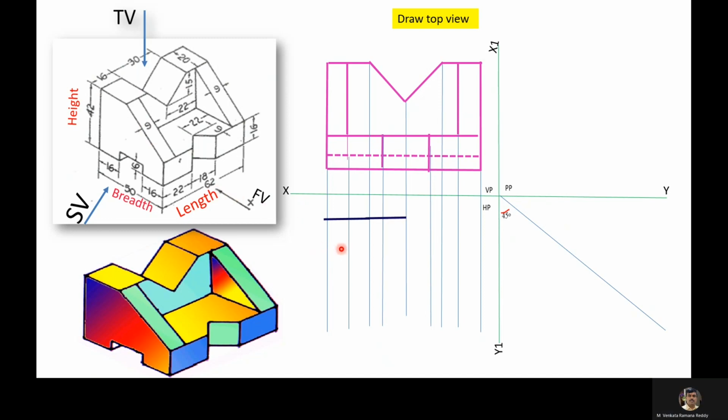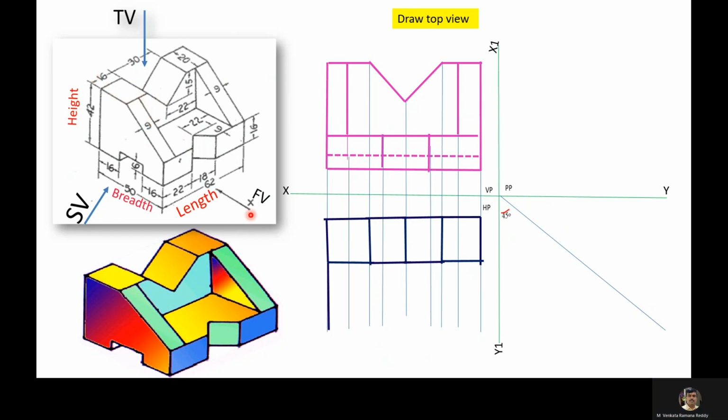16 and 15, 16, and then this breadth is 20 mm and length is 16, 15, 16, and then this line and V groove, this line, total 3 lines, 1, 2, 3.